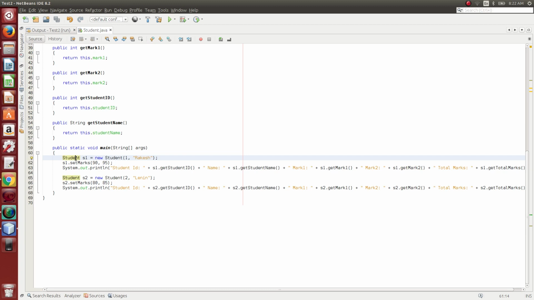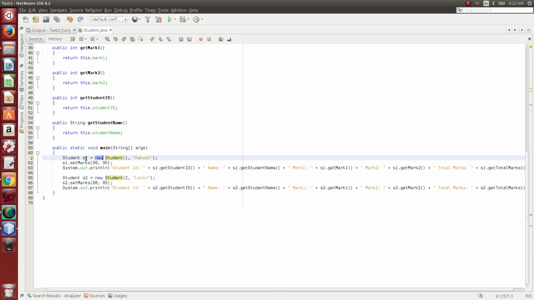Student is a blueprint, or it can also be treated as a class. s1 is the object name in our case. The new keyword is used to create some memory for that student object s1.